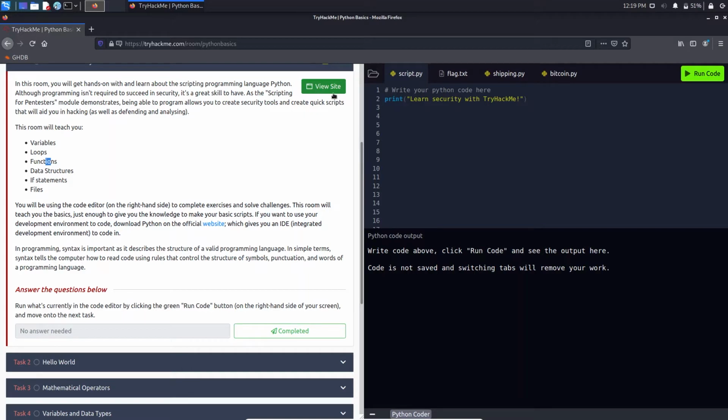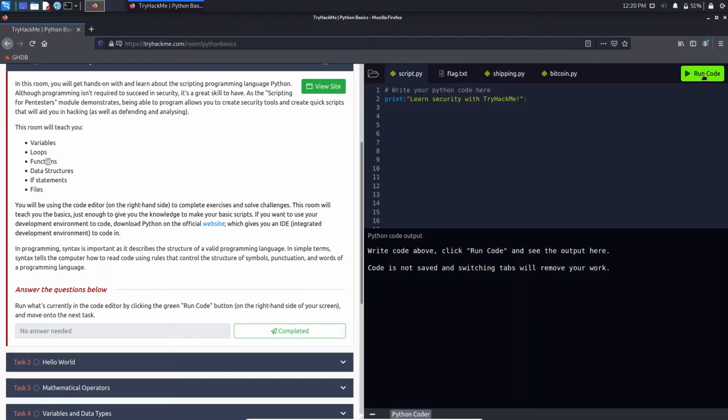For now, if we click on view site, we get our console here. I guess this is running on Python 3. This is the syntax of Python 3 coding: print with small brackets, a double inverted comma, and the string inside it.